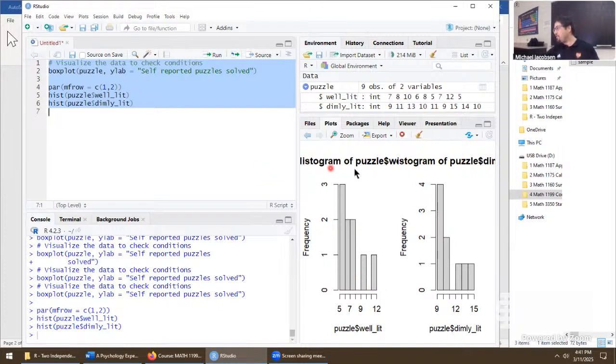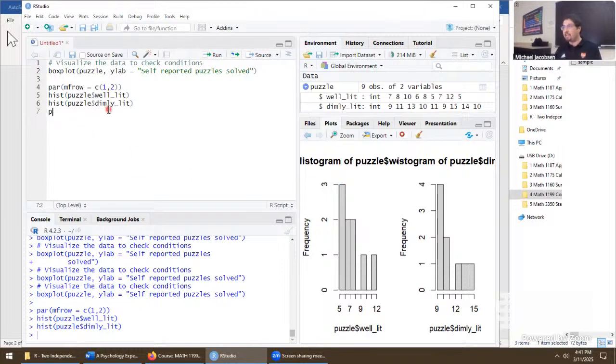We have some weird issues that we want to correct with the actual naming of these, and probably down below here as well. Notice also, vertical axis is different. This is frequency. Horizontal axis is number of puzzles solved. All this is saying is there's 3 students between 5 and 6 puzzles solved because the frequency was 3 here. It's telling us where our data aggregates.